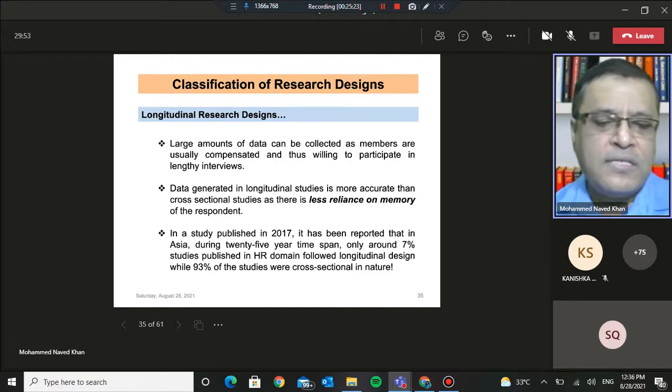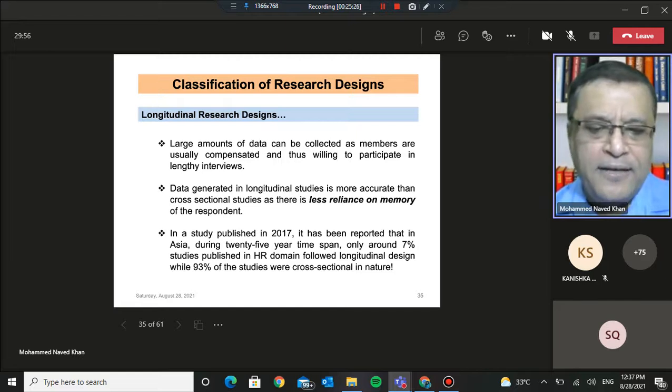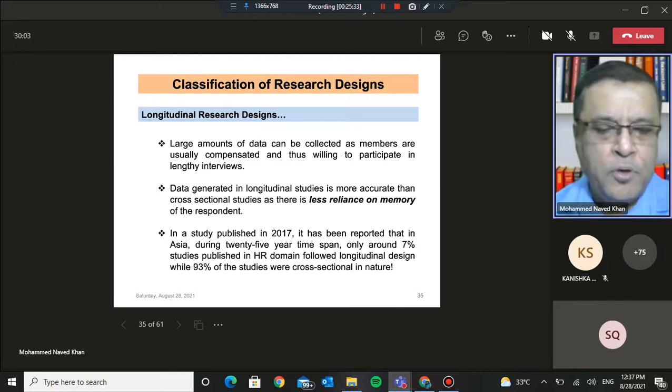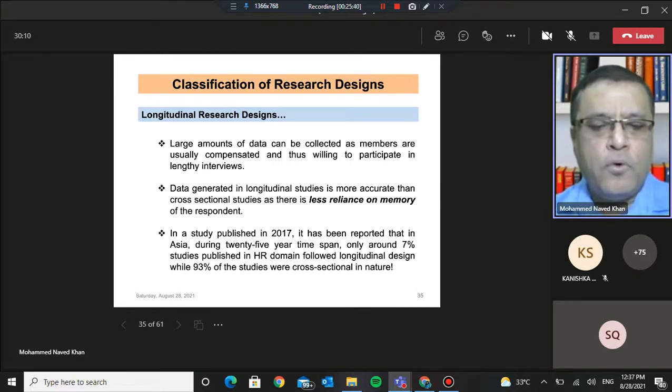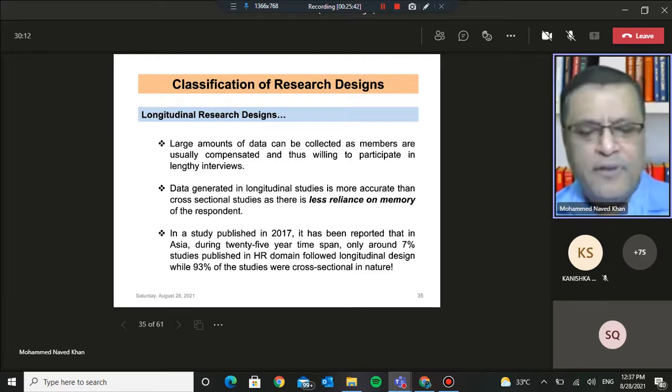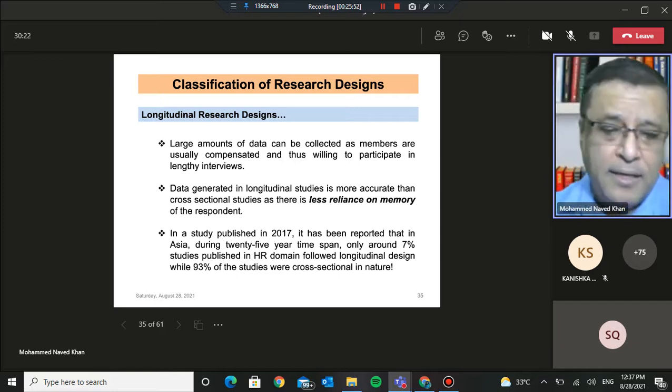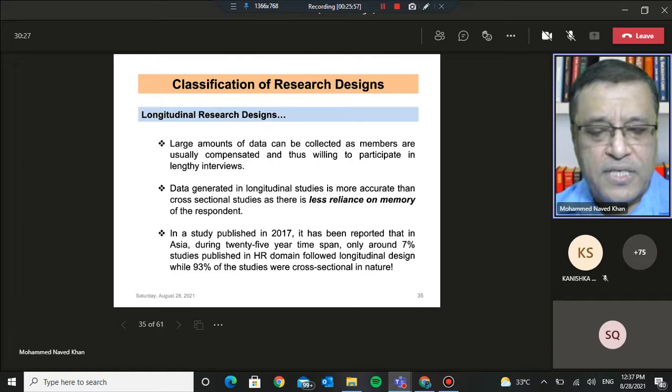And why? Because these longitudinal designs, you will agree, are time consuming, and as researchers, or as doctoral students, or for example as PG students, the idea is to wind up within a given time frame. So it is generally not feasible for us to go for longitudinal designs, because they will require at least 2 to 3 years to complete the work, or maybe even more. As I shared with you, some of these studies have extended for 20 years and 30 years. So that is a possibility. Most of the time you will find that we follow cross-sectional design.